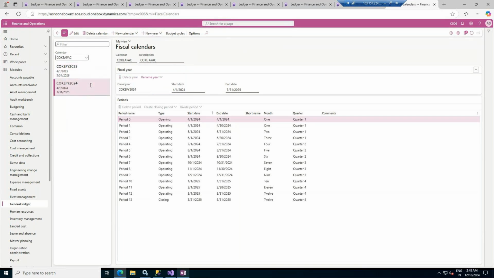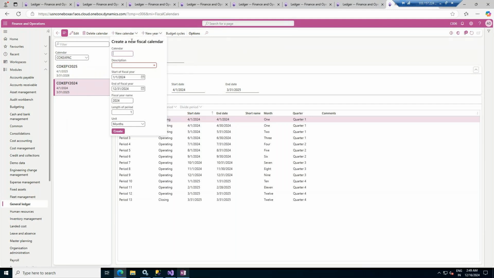So each year this will be a regular activity, and this activity goes under the support system, and as a functional consultant you have to perform this activity in your day-to-day life. So now Coke is there. Under the Coke APAC, one more calendar I want, as I told you, Coke,